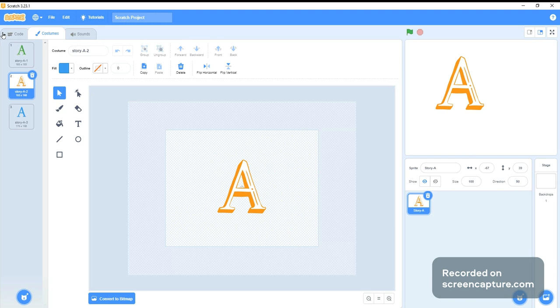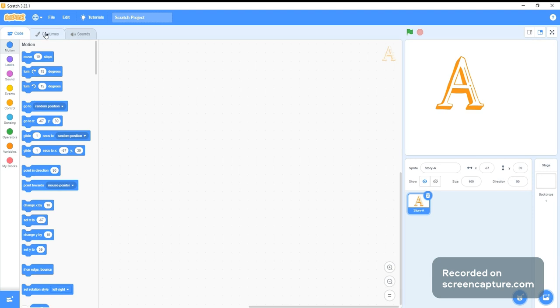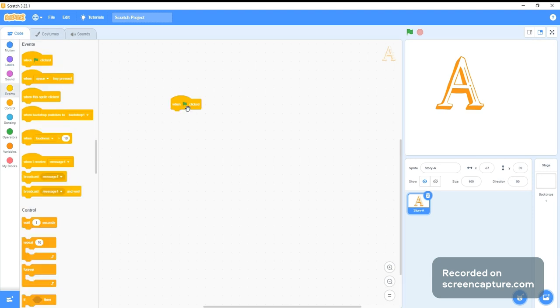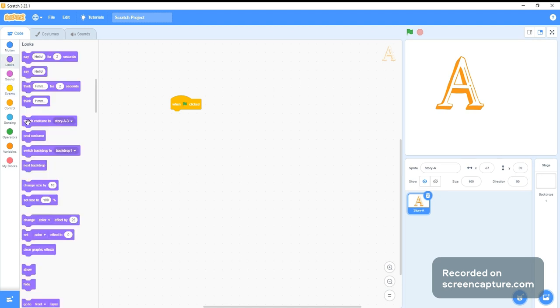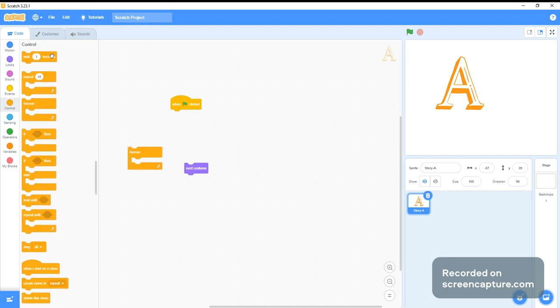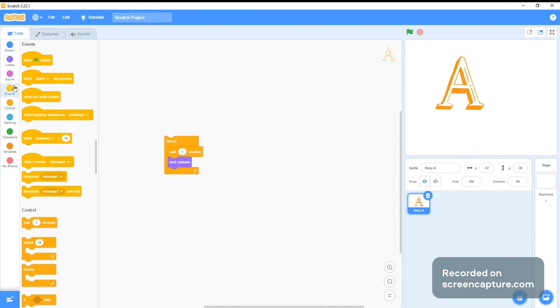Okay, now let's get to coding. So let's do this and give it next costume. Wait for 1 second. Next costume. Or you could do it in any game, or minion. So if you want to make it like this, when this gets clicked, and if you want this,